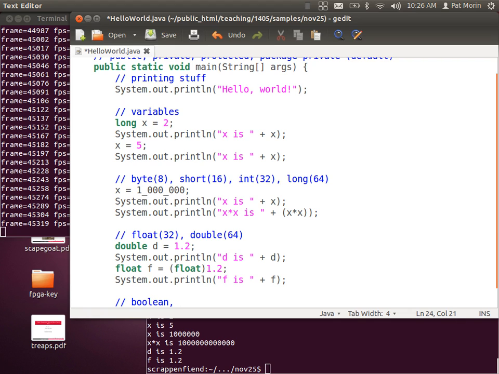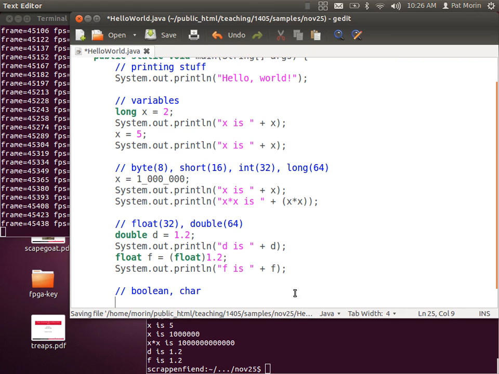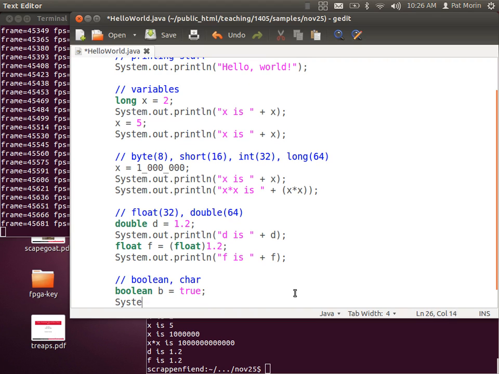And Java has a couple more built-in types. It has the Boolean type, and the character type. So if we want a Boolean b equals true,